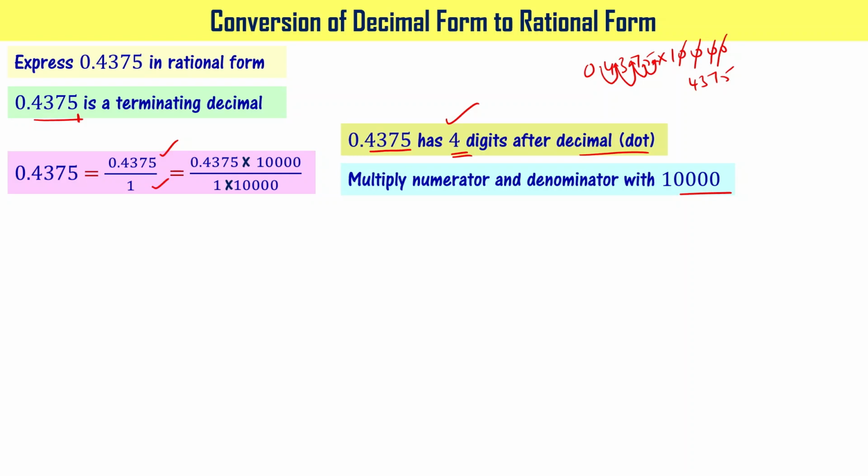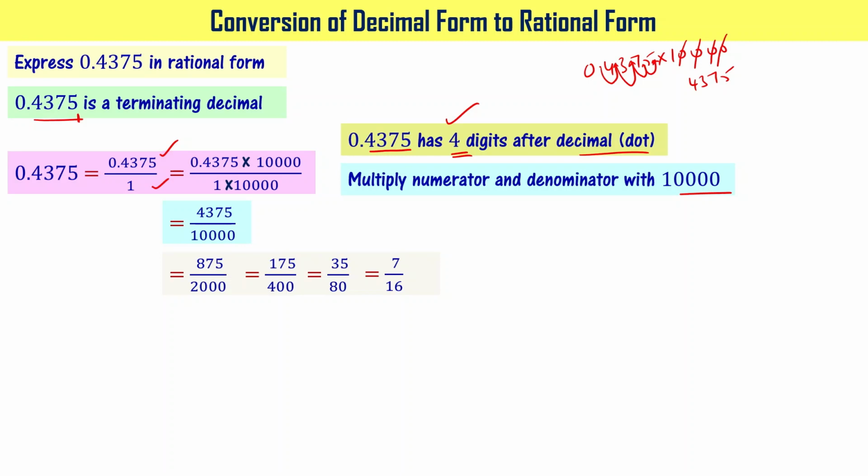Now the given number can be written as 4375 divided by 10,000. Both numerator and denominator can be divided now with the number 5. When you do that, it becomes 875 divided by 2000. Here also both numerator and denominator are multiples of 5. So let me divide both with 5 such that it can be written as 175 divided by 400. Here also both are multiples of 5. Let me divide again with 5 so that it is 35 by 80 now. Let me divide further with 5 such that it can be written as 7 by 16.